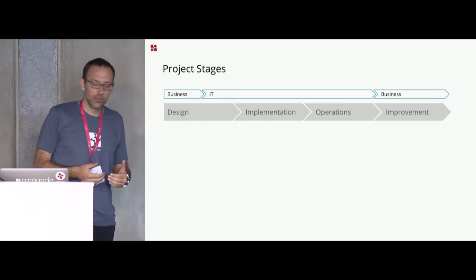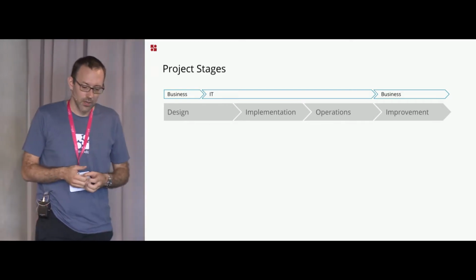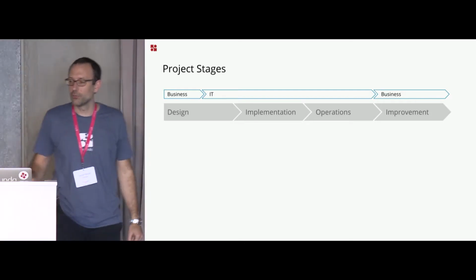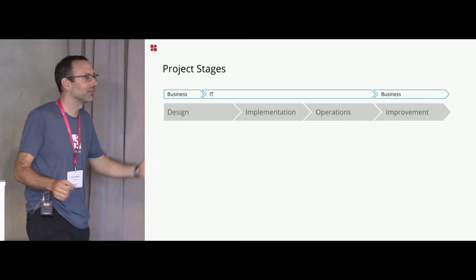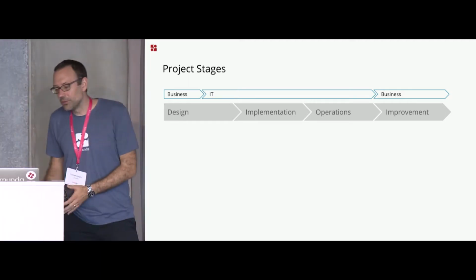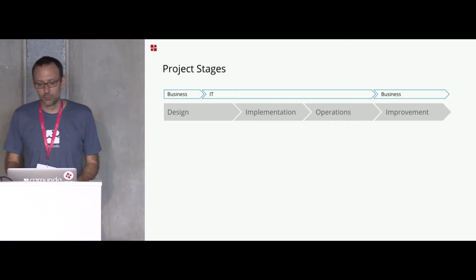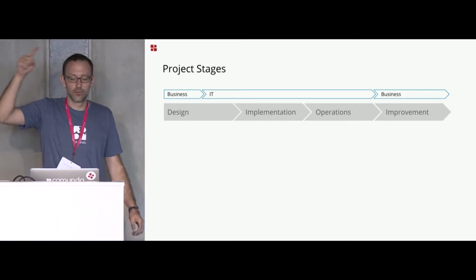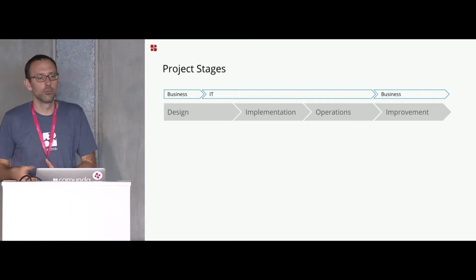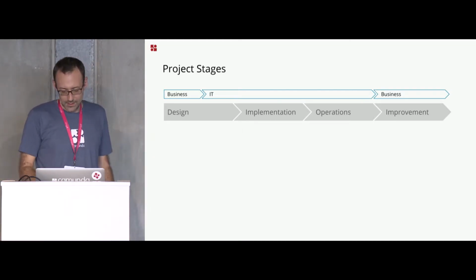We go into the implementation phase where we're going to write a lot of code. During this phase, we're going to have questions that we need to clarify because maybe we didn't draw the perfect process in the first place, which of course often happens. Then we go into the operations phase where we put everything in production, and then hopefully we can do this improvement lifecycle where we look at the data that's produced by the process and then we can improve it.